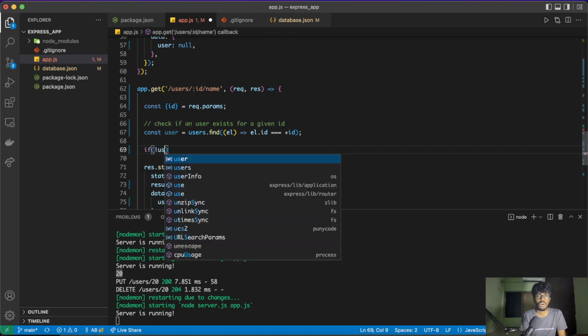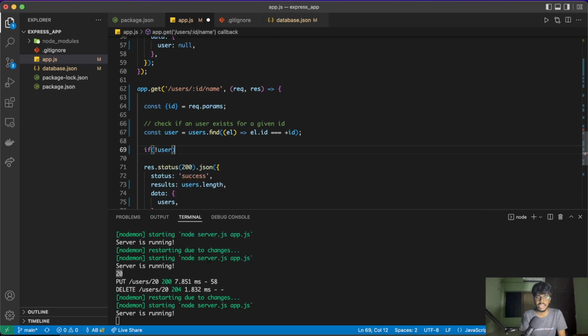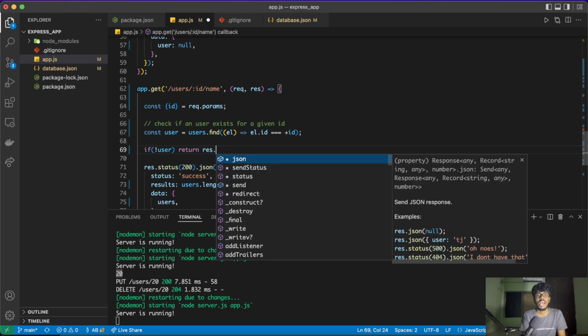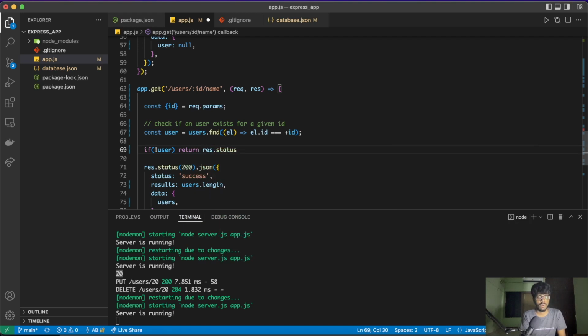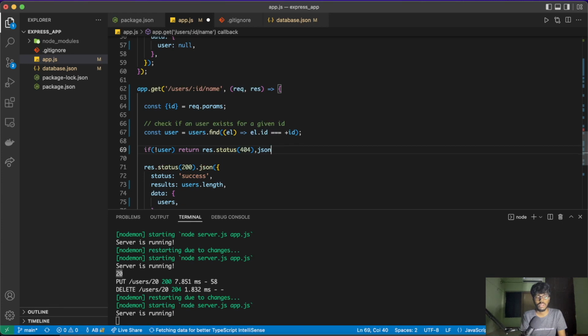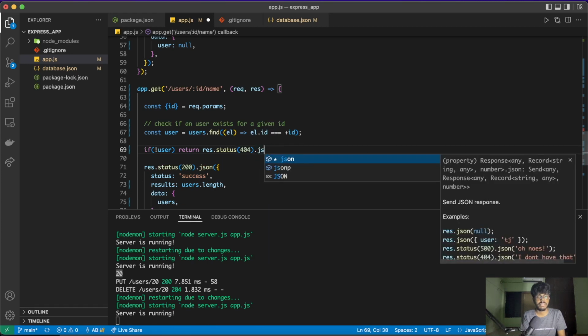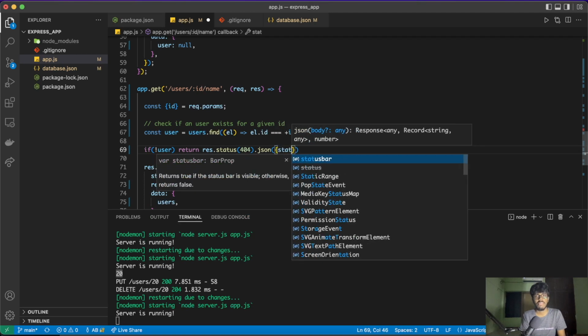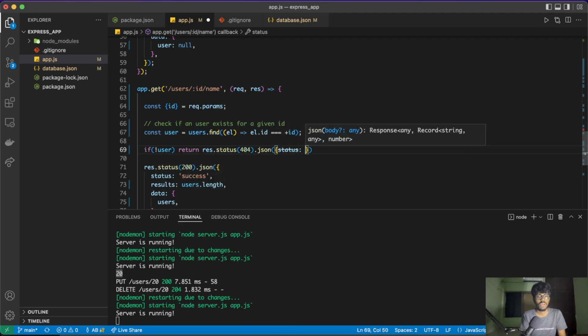Now if that user does not exist, this means that that ID is invalid. So in that particular case, I can just return a response, and I can send back a status of 404, and I should use .json. I can send back a JSON that says this,